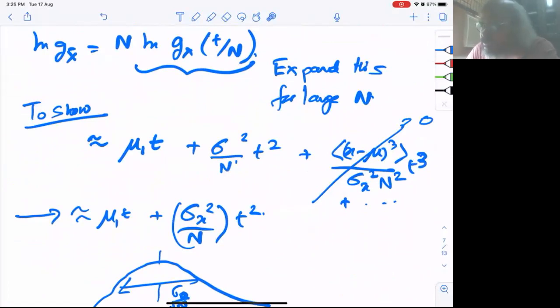So for all practical purposes, we can take them as 0, which states a very, very important result: for any distribution from which you're drawing these data points, if you take a large enough number of them, all these distributions, no matter what underlying distribution you started with,